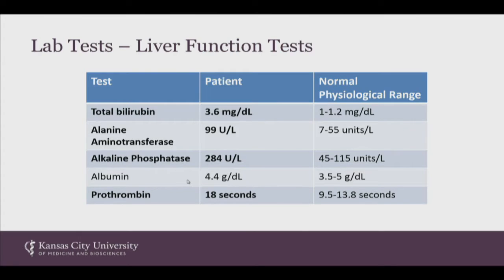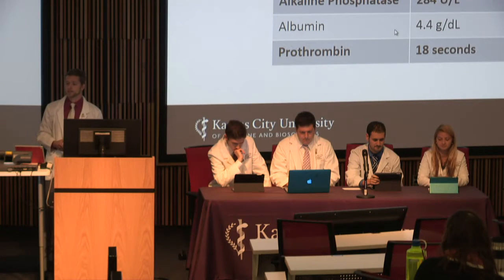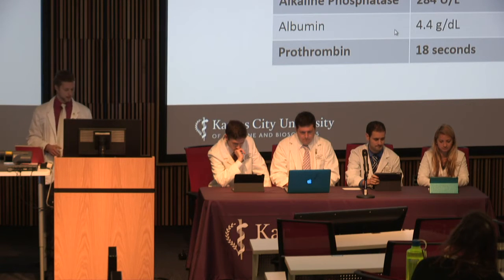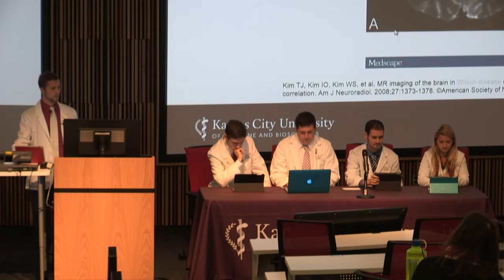Initial lab results reveal that we have CBC and ESR findings which are within normal limits. Liver function tests, however, reveal elevated levels of total bilirubin, elevated alanine aminotransferase, elevated alkaline phosphatase, and our ProTime is also found to be elevated in this patient. Hepatitis B and C markers are negative, and initial MRI findings reveal hypodense regions in the basal ganglia of our